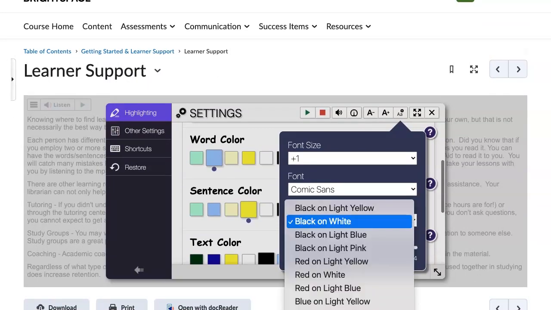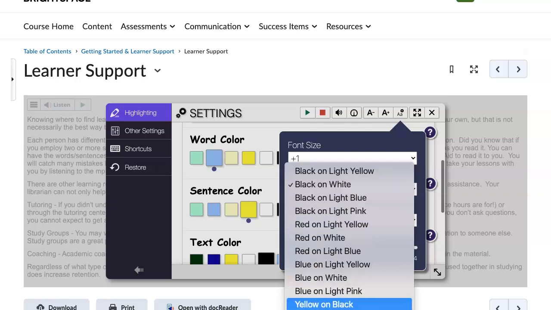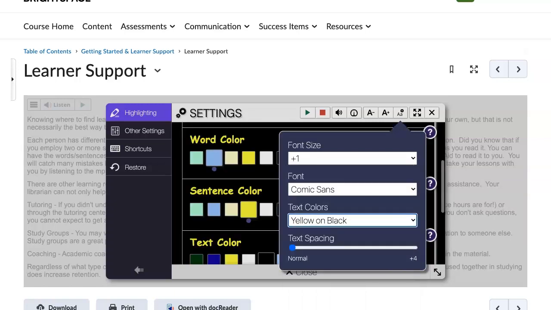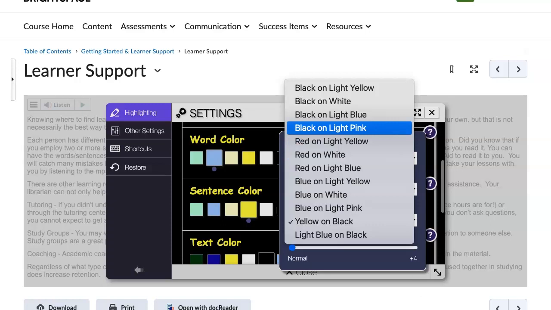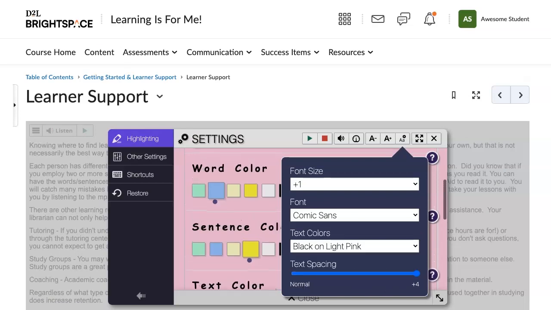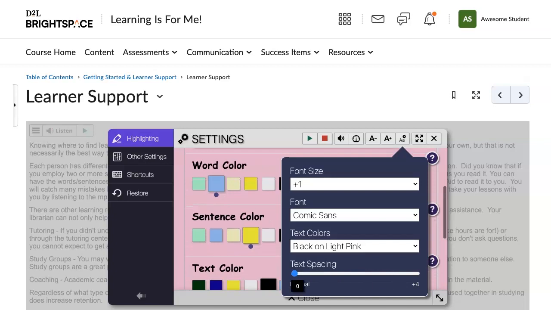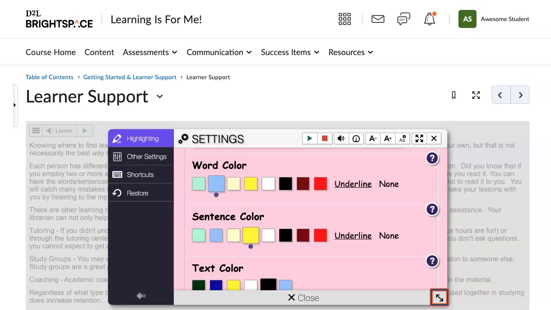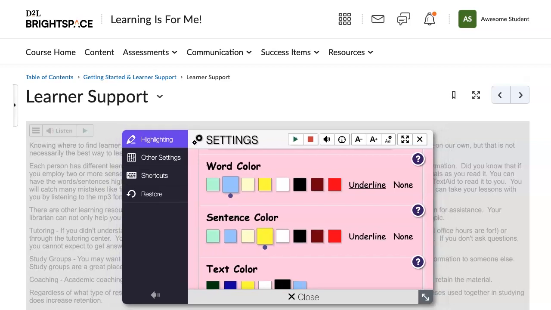If you need a stark contrast, use the yellow on black combination. For our example, let's use the black on pink combination. The text spacing setting allows you to put space between characters. This is great to use if you are having decoding challenges. Let's use normal. Adjust the window size by using the arrows in the lower corner. If you are easily distracted, make the window the regular reading width where you do not move your eyes. This will help you keep focused.